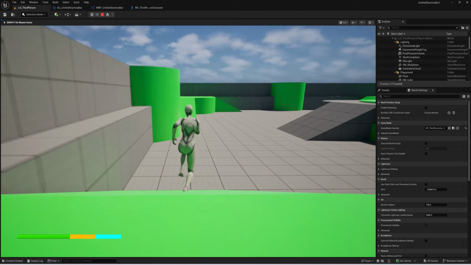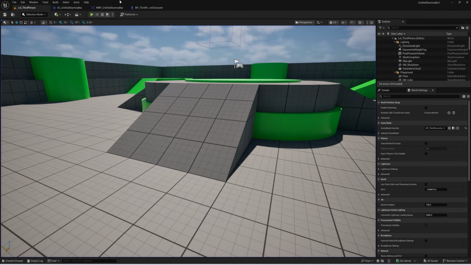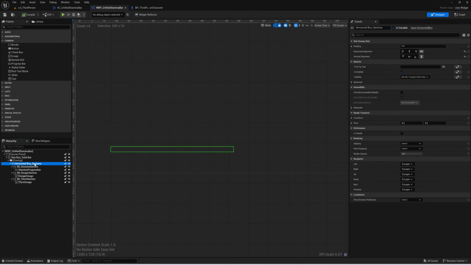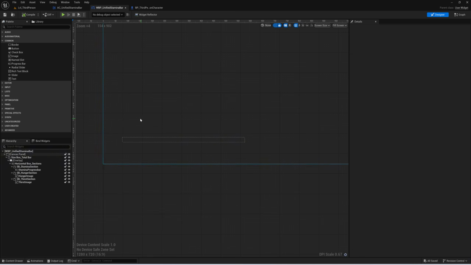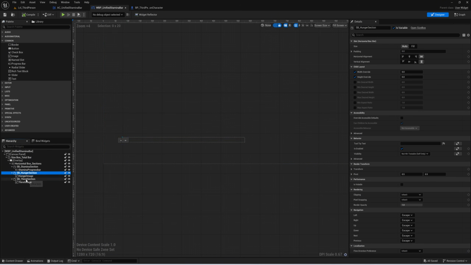Now the whole idea behind how this works is we have this unified stamina bar, this widget. It's one horizontal box, and the horizontal box is a fixed length. This is 500 units long. That 500 units never changes. All we're going to do is take these three boxes that we put inside the horizontal box. We've got 3 size boxes, and we change the size of the size boxes